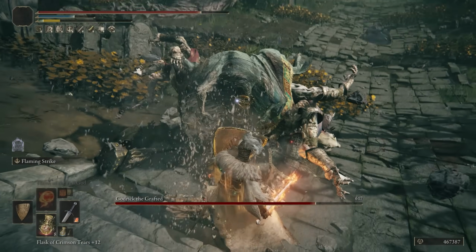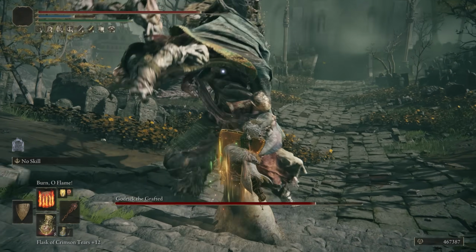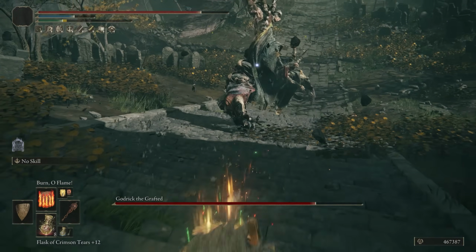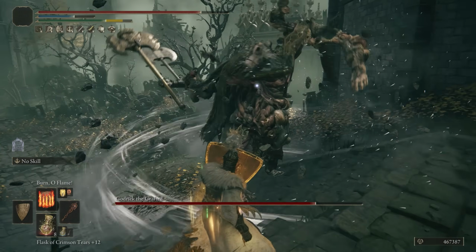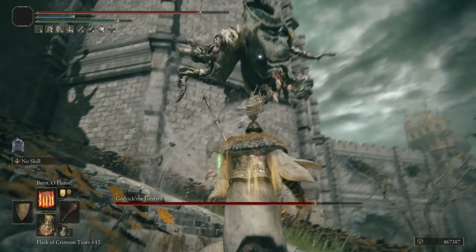You're going to see me use Burn Flame here shortly as well. I do get grabbed later in this clip because I kind of forgot about his grab attack. Keep in mind when blocking, you cannot block grab attacks. That happens to me in phase 2. With that said, we're able to block physical damage significantly because we have 100% in terms of our physical defense